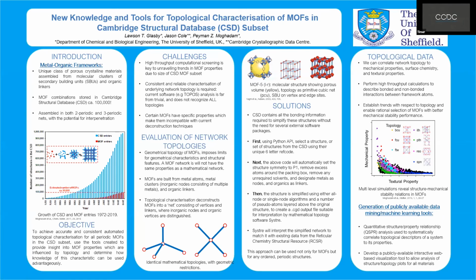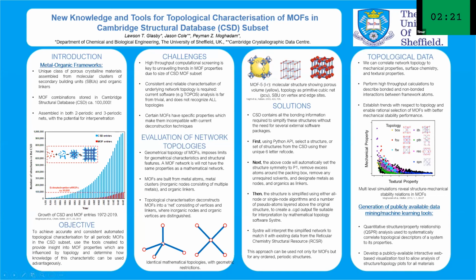Hi, so my project is focused on topological characterization of MOFs within the CSD MOF subset. The way this is done is by taking 2 and 3 periodic nets, and you can also have interpenetrating nets, and you really want to simplify it into the most simple form of connectivity to get this mathematical network. And what's really important is the way that the connectivity is preserved, because